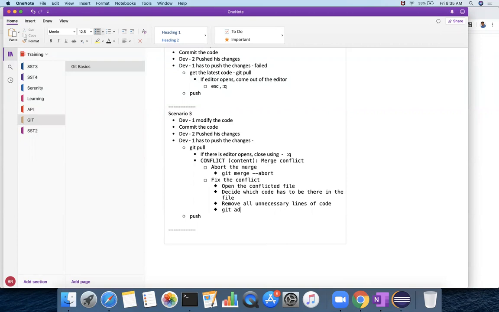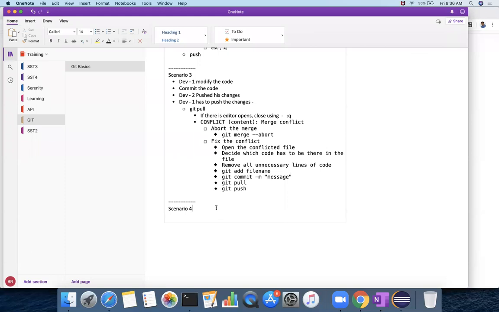Git add file name, git commit with a message, and then git pull. It will give you the latest code, and then git push. It will push the code into the remote repository. Okay, this is what happens when a conflict occurs.